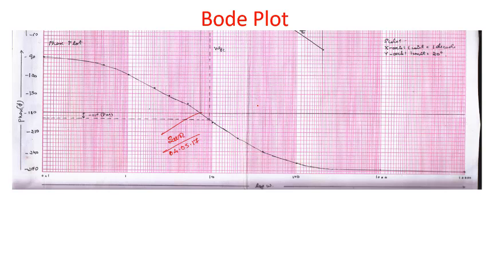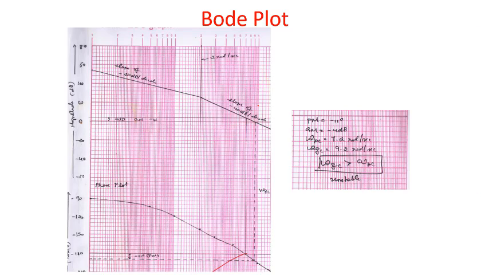Okay, so this is how we are going to get the phase plot. Next, we have to find out the phase margin and gain margin. How to find out the phase margin and gain margin? Here, where the phase plot is going to cross, from there we are going to draw a straight line. This is the straight line. And we are going to touch the magnitude line. This is the thick magnitude line, the straight line of minus 40 dB.